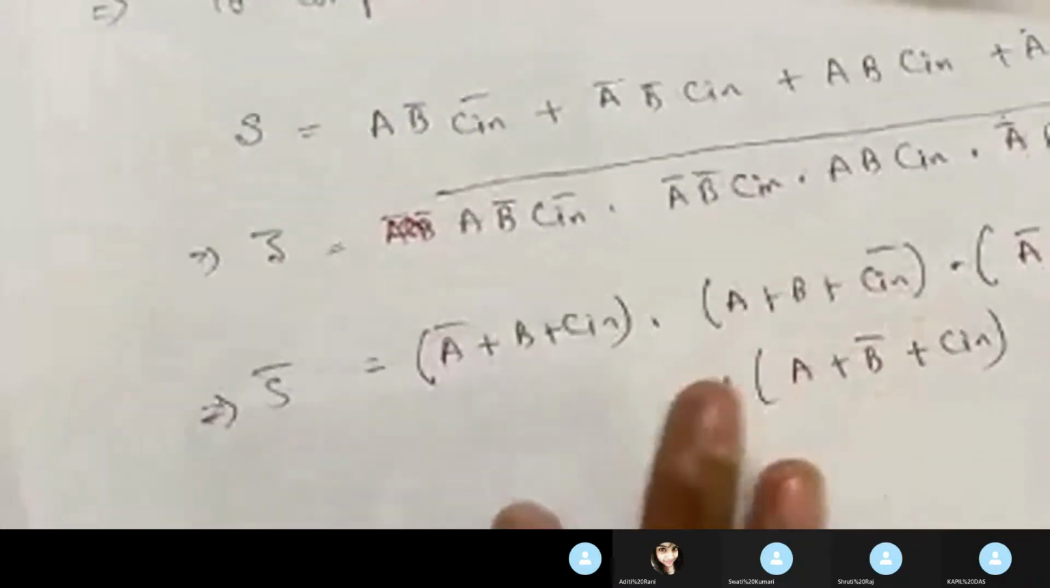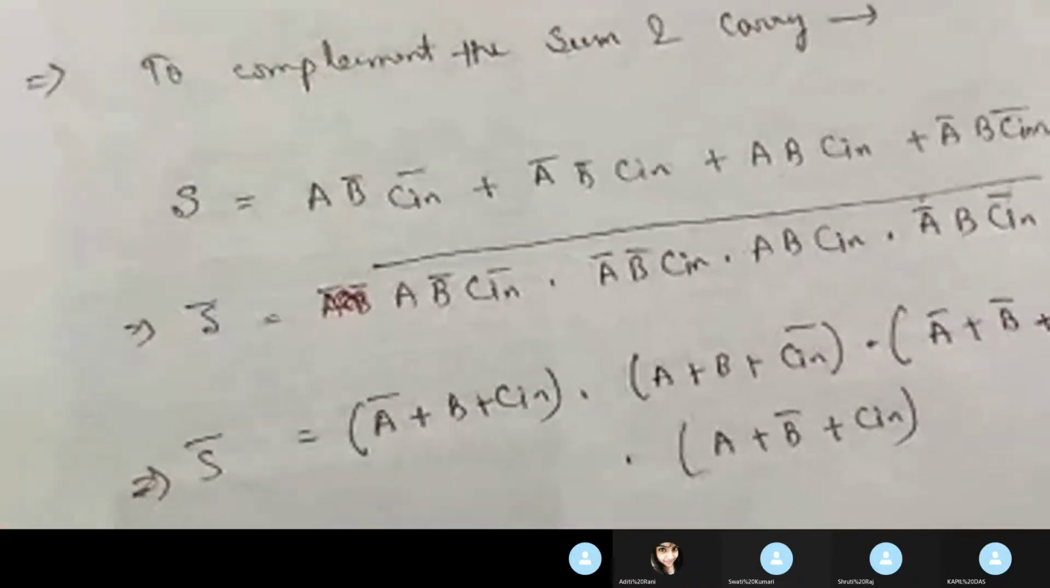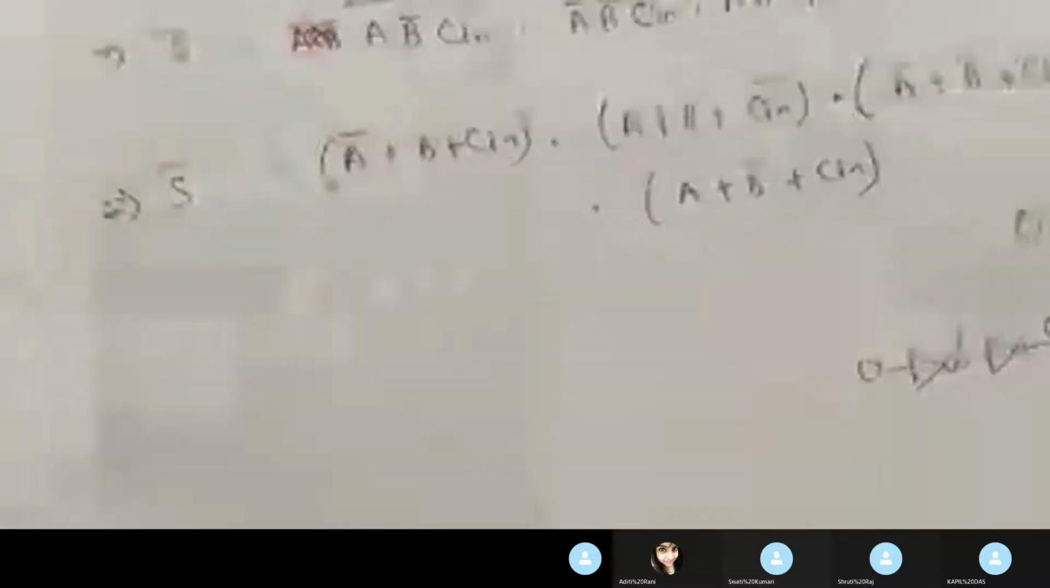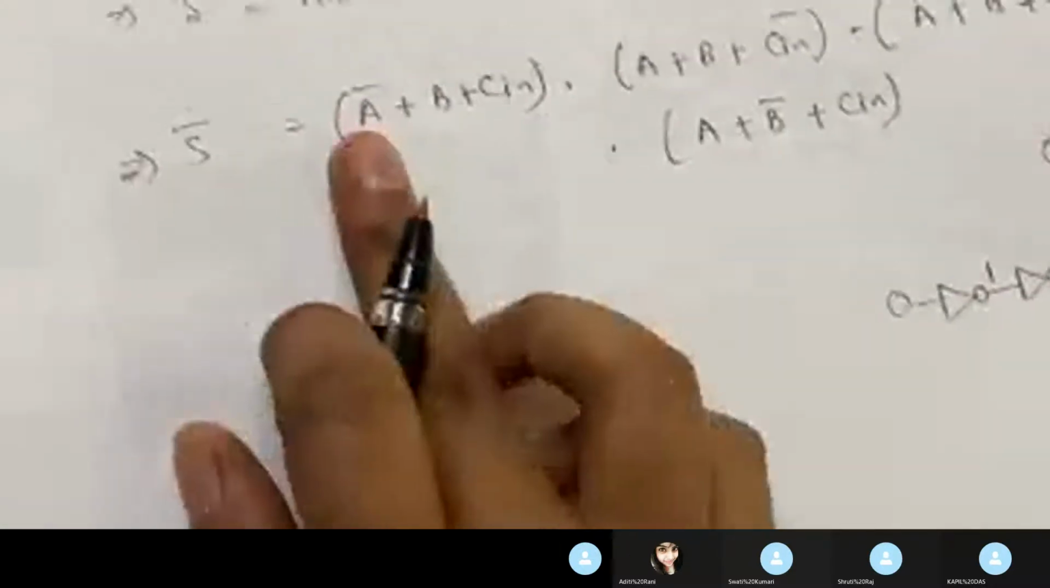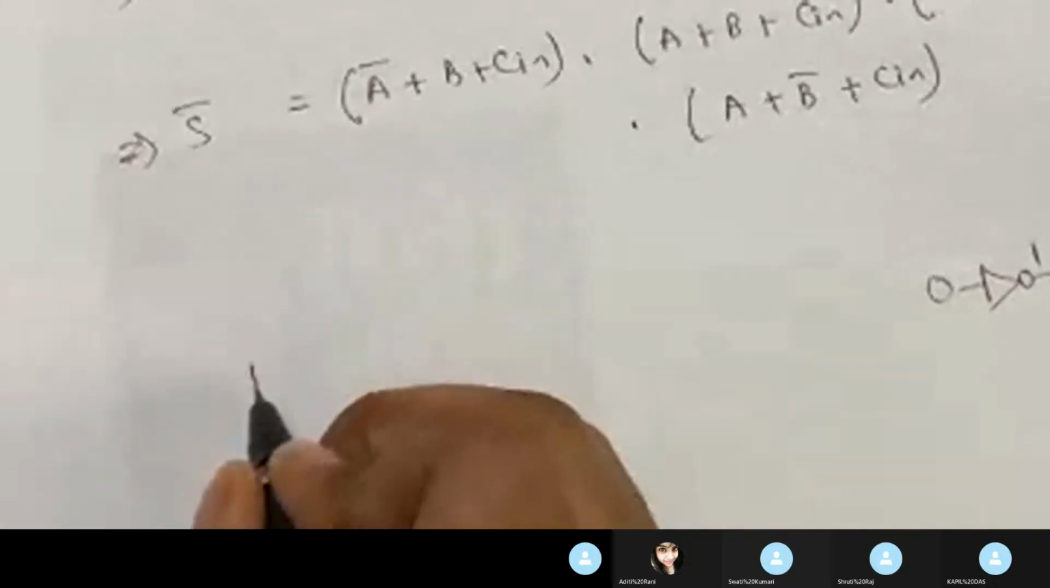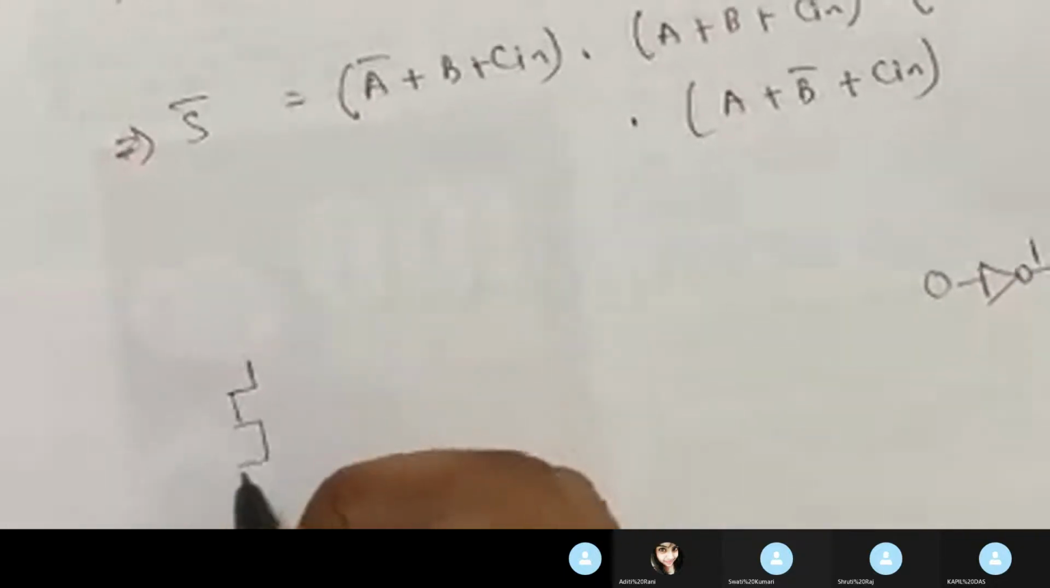We will draw the CMOS logic of it. CMOS logic हम कैसे डिजाइन कर सकते हैं? यहाँ से इसका CMOS logic डिजाइन कर लेते हैं. देखिए पहले क्या है, A plus B plus C in. So if you draw the pull up network first,